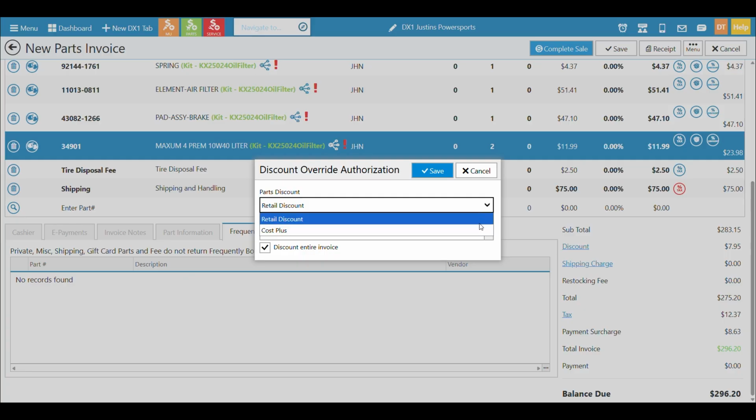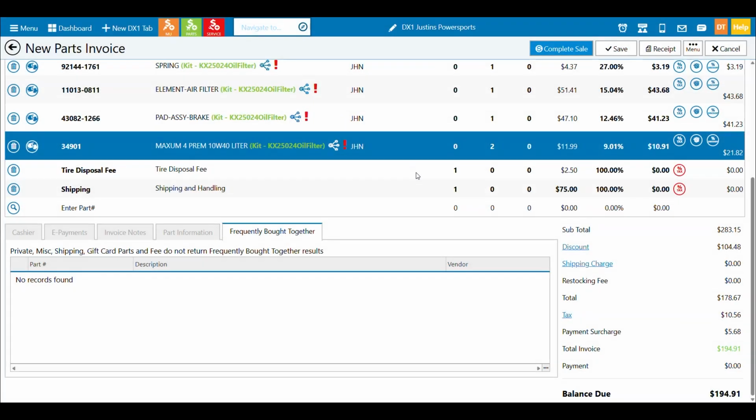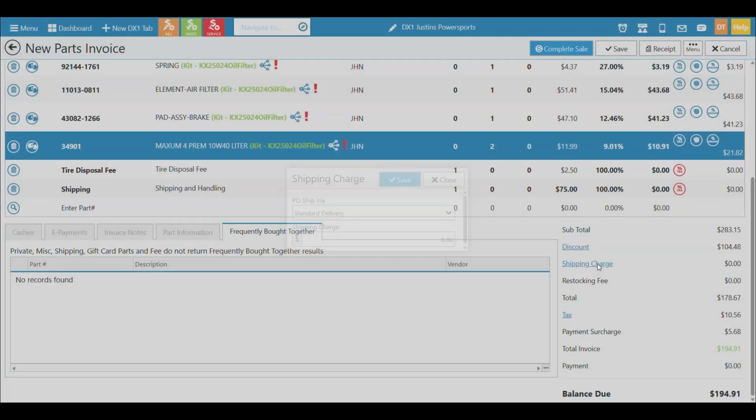That's a quick way. This is a cool tool that gets overlooked. We know out here a discount is always retail, but if I quickly wanted to calculate the cost of a discount off a cost plus, I could do that, say 10% or 40%, and hit save, and then it recalculates out. Again, it's a pretty cool tool if you have that situation. Most dealers will just set up the customer to be cost plus or retail discount, but I just wanted to make sure that's a quick way to do that if you need to on the fly.